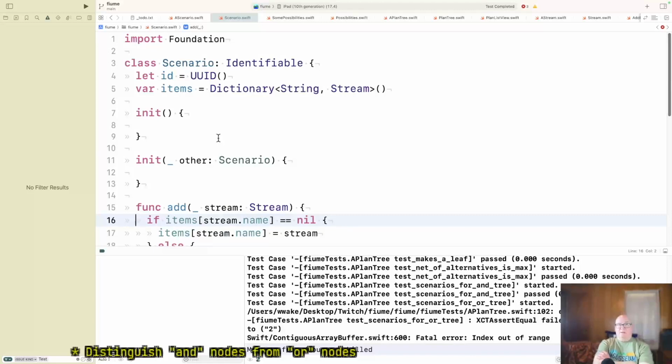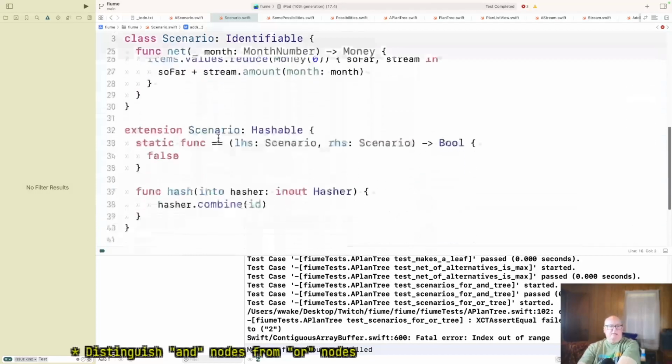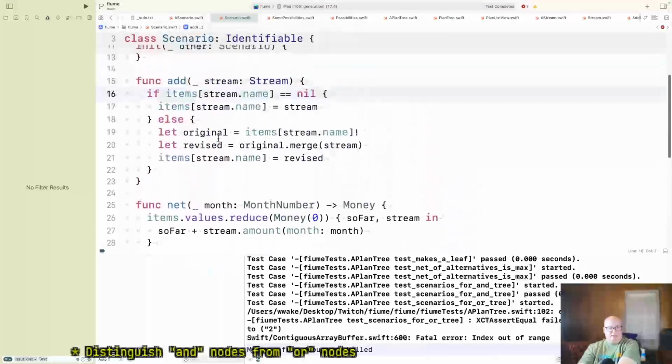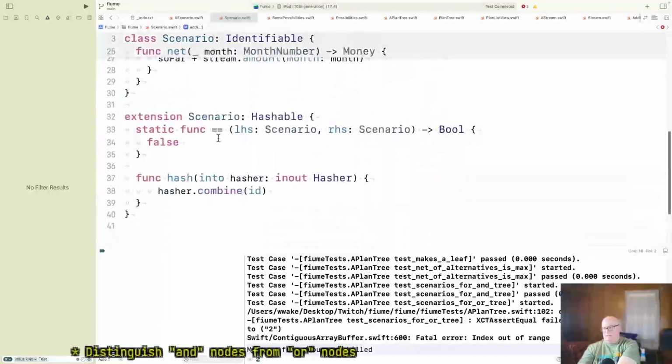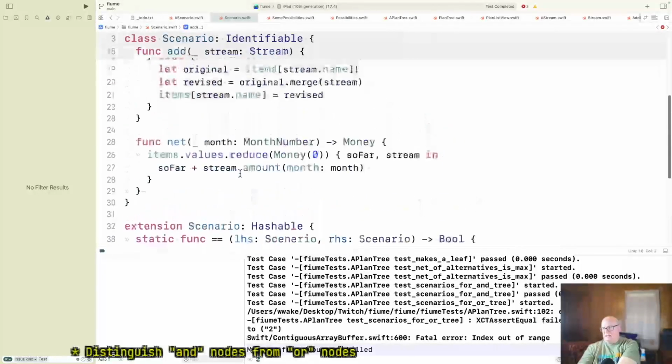Well, it's given a scenario. I don't think it can get a set. Well, I mean, you can get the set by asking for it, right? Don't we have a. Oh, no, it doesn't know the set. Yeah, he knows nothing about sets of scenarios.